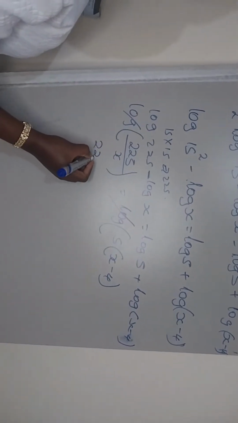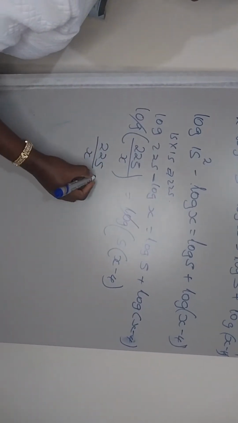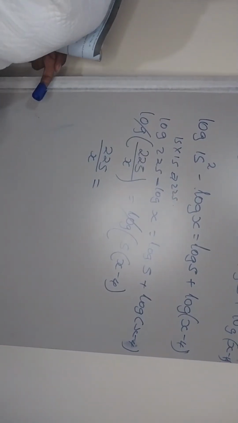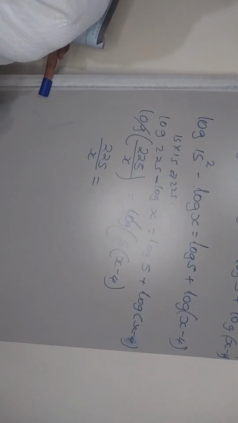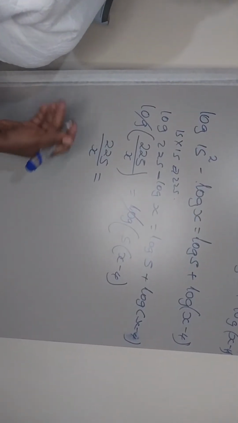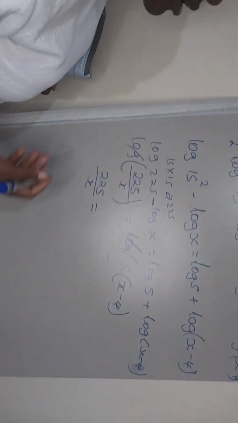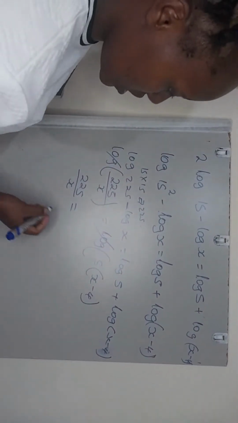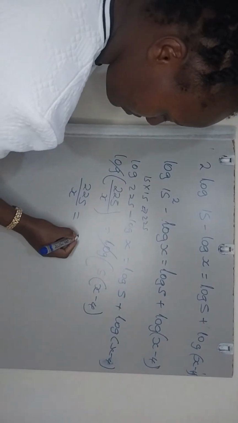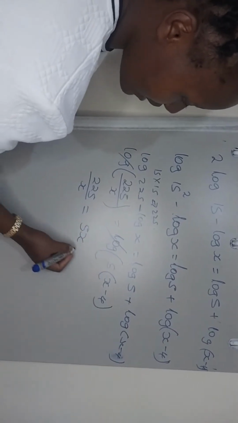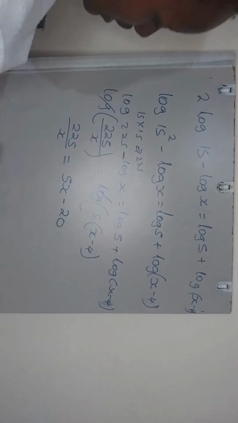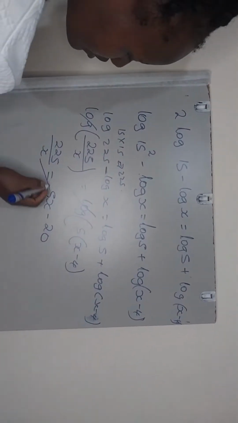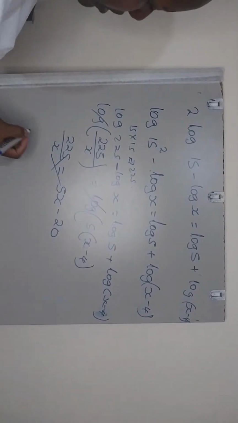Here we have 225 over x. Why am I putting the division as a denominator? Because the sum will now seem simpler for you that way. It will be less ambiguous. So what is 5 times x minus 4? It simply becomes 5x minus 20. Why can't we cross multiply? It simply becomes